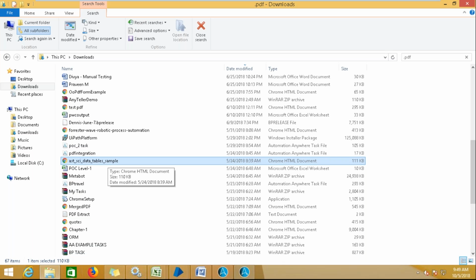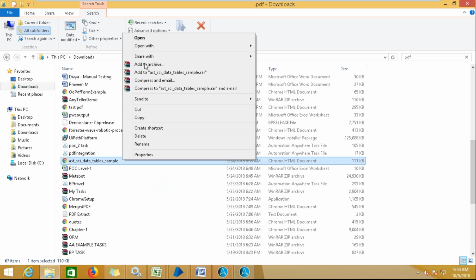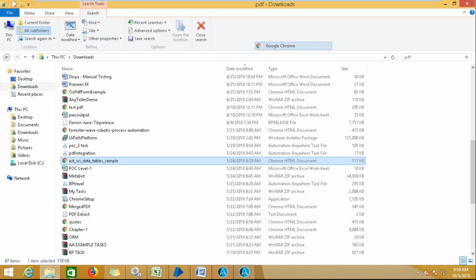Okay, that's why it's not showing the PDF name, it's showing an HTML extension, because I don't have Adobe installed in my system. But no problem, I can still access those files and read them. Let me show you how. I click on this and then open, open with Chrome, no problem.